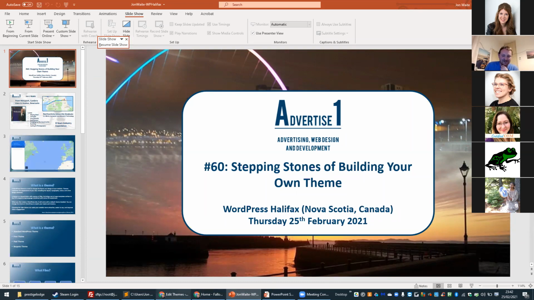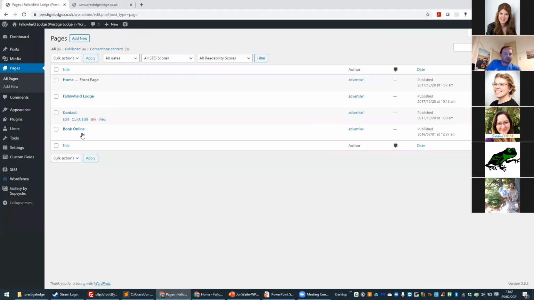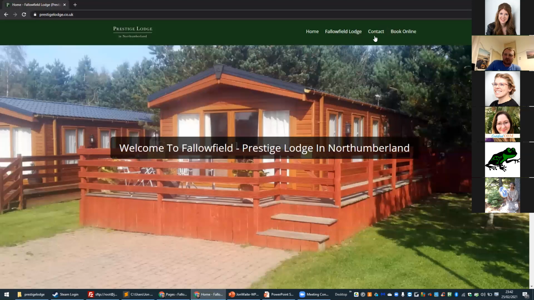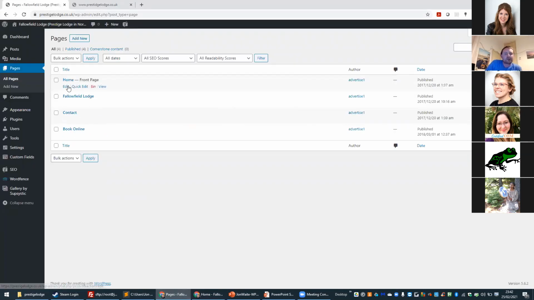So let me just get the page back up. I said about the pages, and there's only 4 pages in this website, so quite a simple site. And you can see here that it's not in alphabetical order. I'll show you exactly why in a second. This order here matches the same order of left to right, which I've got on the menu on the top, or top to bottom on the mobile layout. When I go into the website,